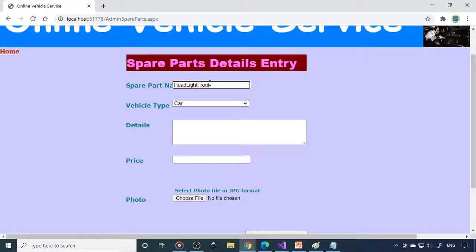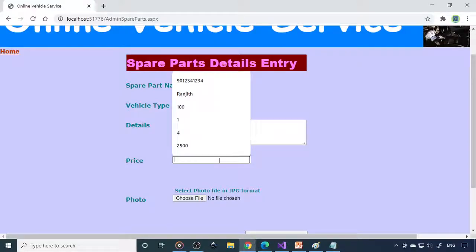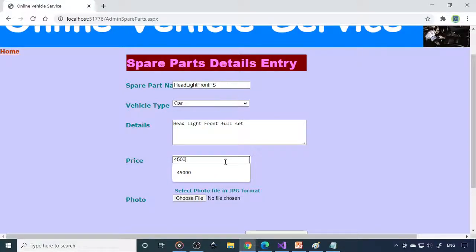Detail: I'll take this one only, headlight front. I'll write FS, full set. Then I have to enter the price here. It costs around 4,500.